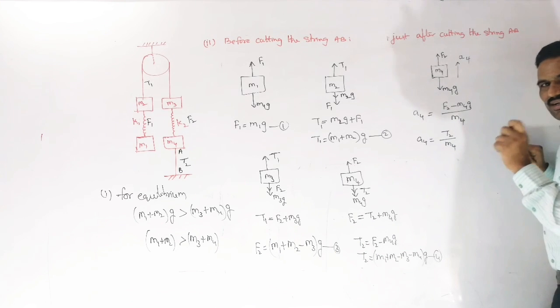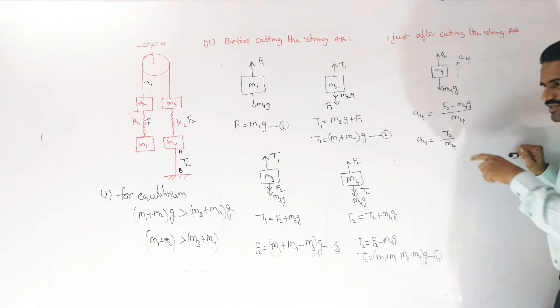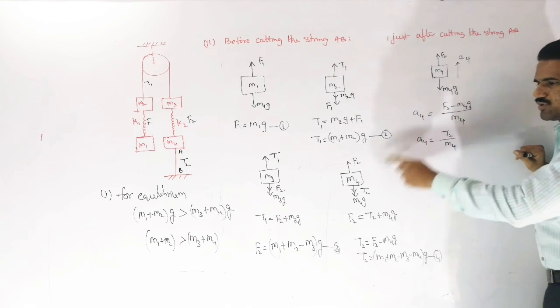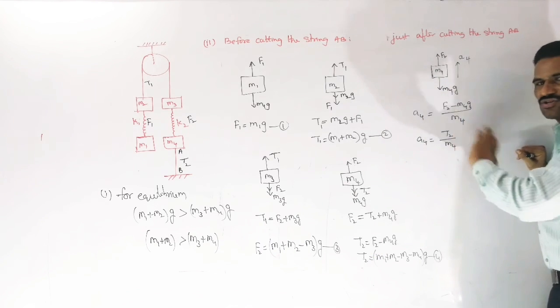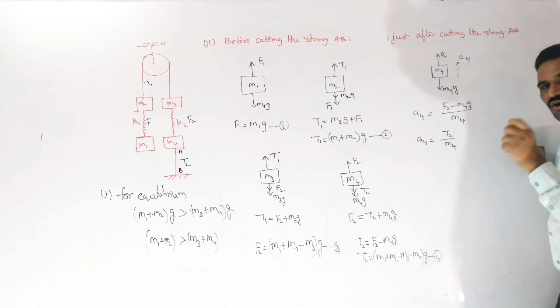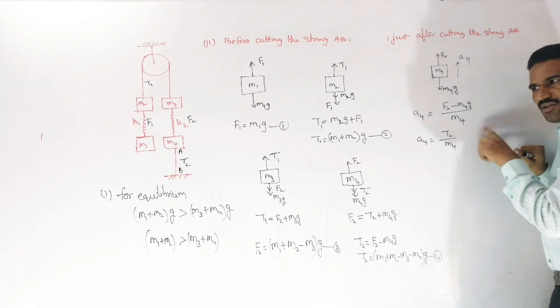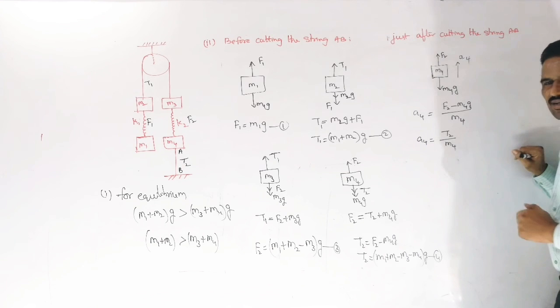Just to give an idea directly how to answer this type of question, I am writing this equation in terms of this here. That means you can substitute the F2 value from this and write the acceleration of the system. You should also observe that if you understand this point, there is no need of writing all these equations, you can answer it directly.